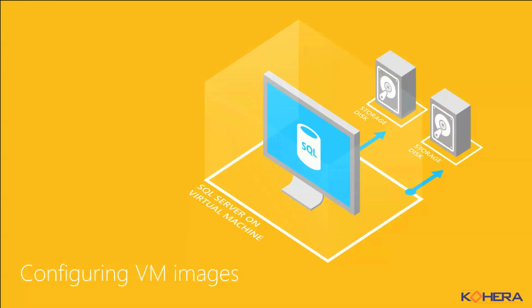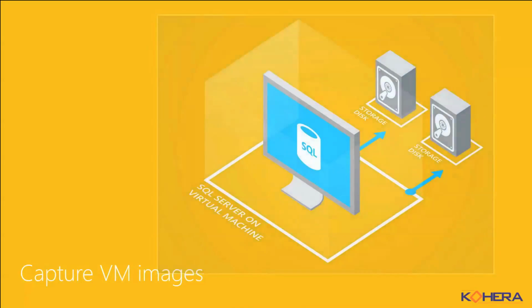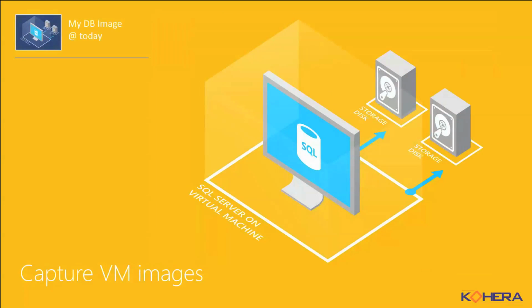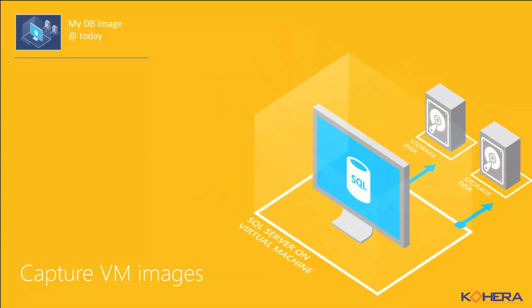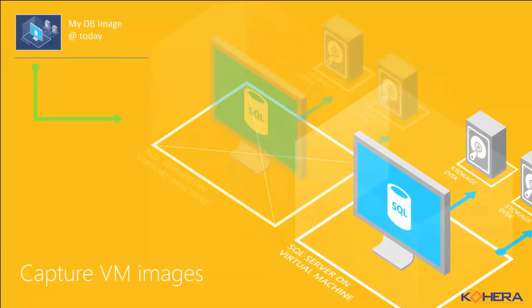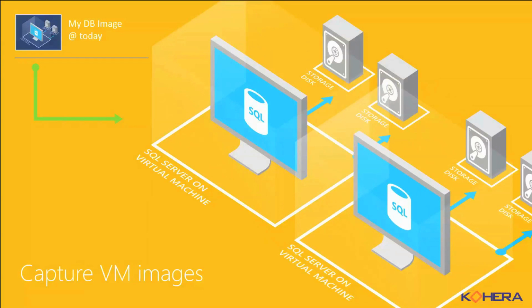Now there's a little advantage here that if you want to reproduce your machine very fast, you can capture an image of an existing machine that you have today, and it captures the entire machine with all the data disks included. So the cool thing is that it recreates an image, it puts it aside for you in the image vault, which you can then reuse to recreate another virtual machine, either with the same name or a different name,